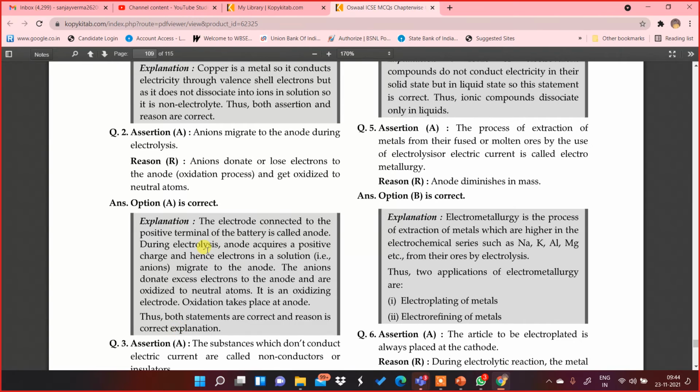So in this type of question, the first statement is called an assertion and the second statement is called the reasoning. So we have to relate them. The assertion might be correct, the reason might be correct, but the reason might not be the correct reason for the assertion. So this is one special type of question which I would like to discuss in the forthcoming classes,